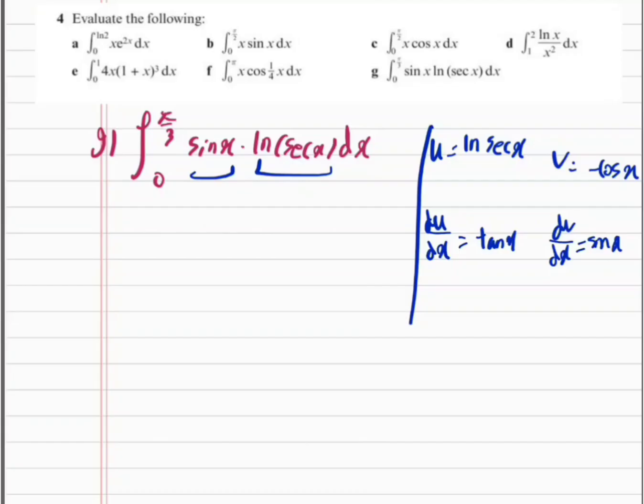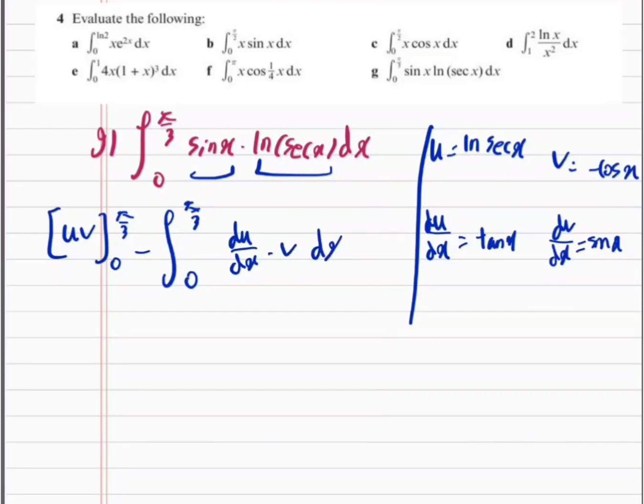Okay, so now we want to use the formula for integration by parts. Now remember that here we have limits, so we need to evaluate them. So we have uv, and then the limits, which are pi over 3 and 0, minus, now here as usual we have, sorry, not u times v, du by dx times v dx. Okay, now we have minus ln sec x times, well, let's write this the other way so that we don't confuse if cos x is inside or outside. So cos x times ln sec x,